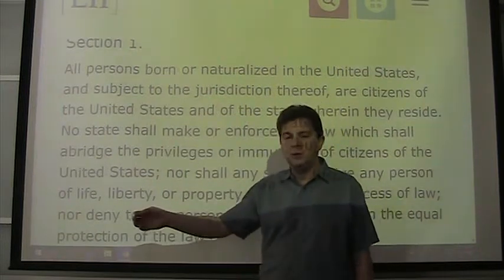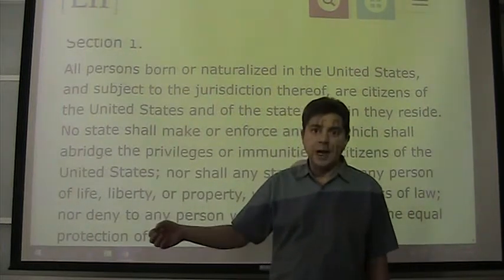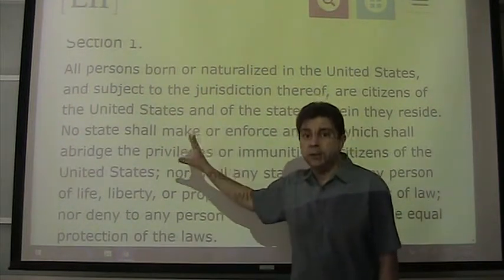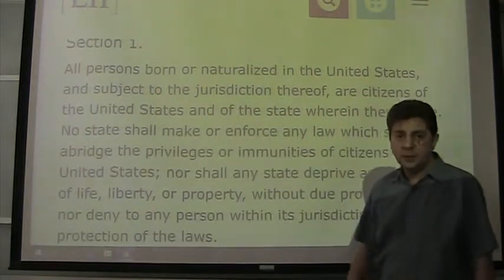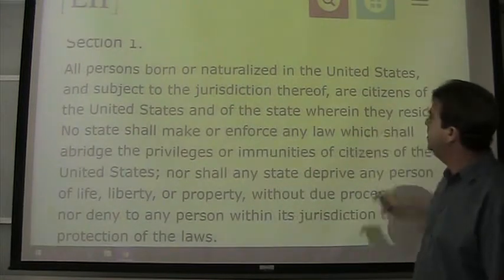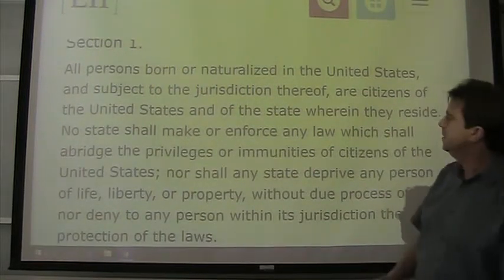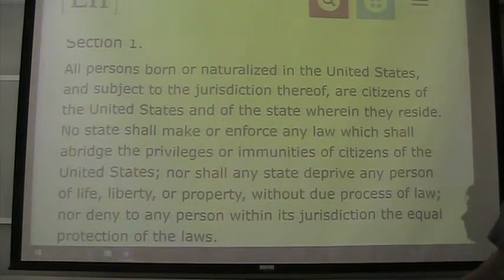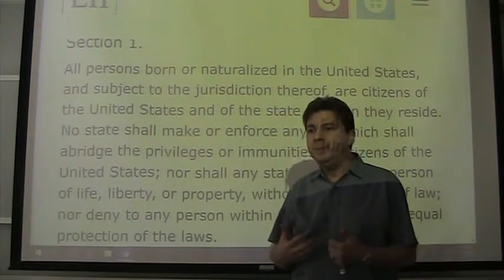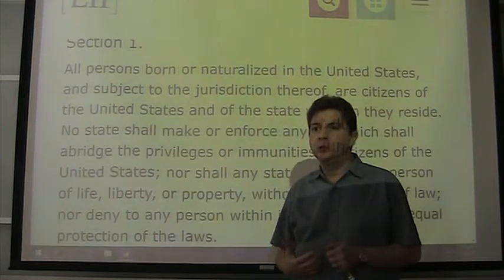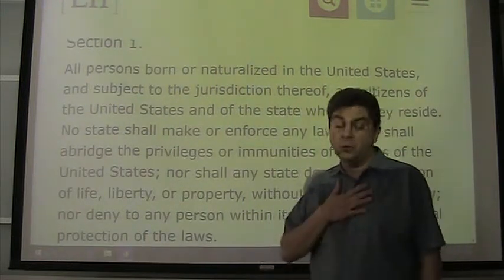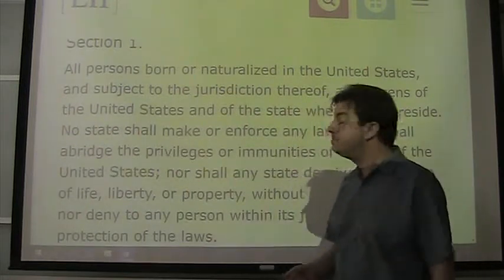So when we feel the Supreme Court has made a mistake, like in Dred Scott, we can talk back to the court by amending the Constitution. And so that's exactly what they do here in the very first sentence. It's like us talking to the court saying, look, Supreme Court, all persons born or naturalized in the United States are citizens of the United States and of the state wherein they reside. So this is really a powerful mechanism for the people to have some control over our constitutional system. We've amended the Constitution 27 times. We've done it 4 times in my lifetime. So it can be done.